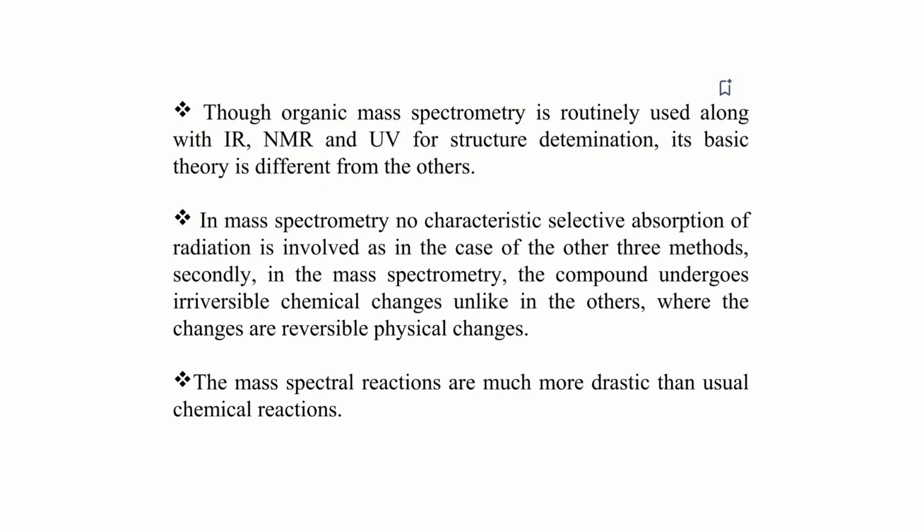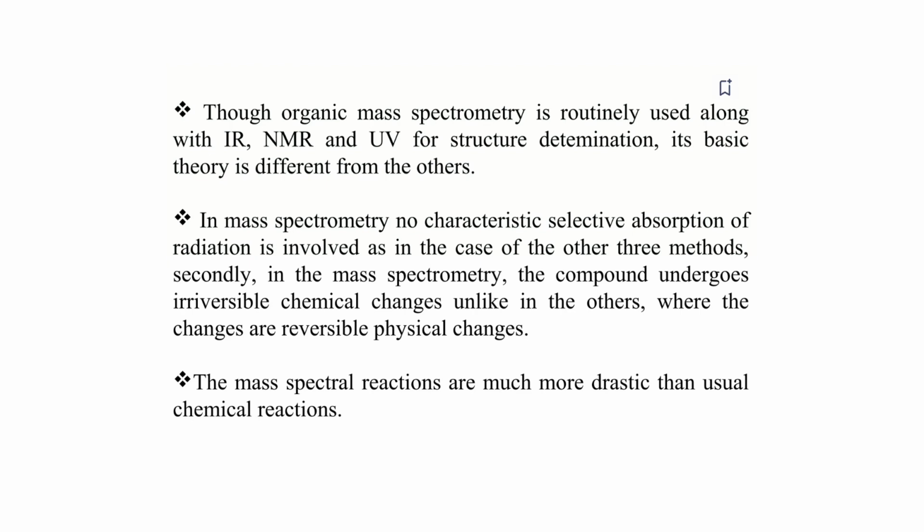Although organic mass spectrometry is routinely used along with infrared, NMR, and UV for structural determination, its basic theory is different from the rest of these techniques. In mass spectrometry, no characteristic selective absorption of radiation is involved, as in the case of these other three methods. And in mass spectrometry, the compound undergoes irreversible chemical changes, unlike the others, where the changes are reversible